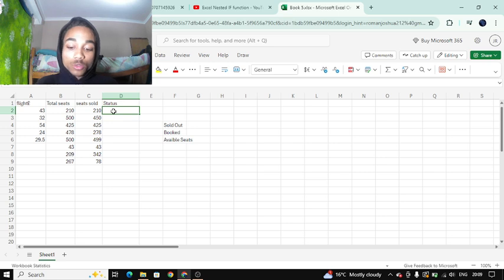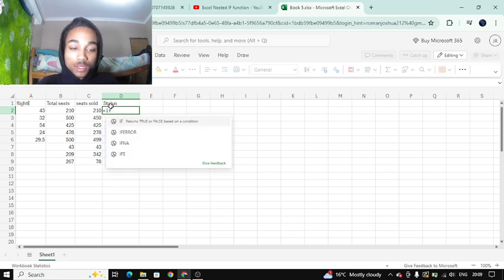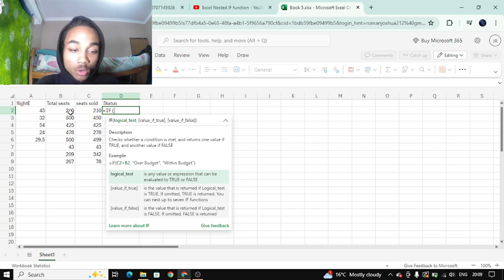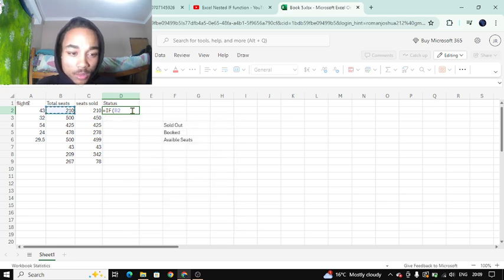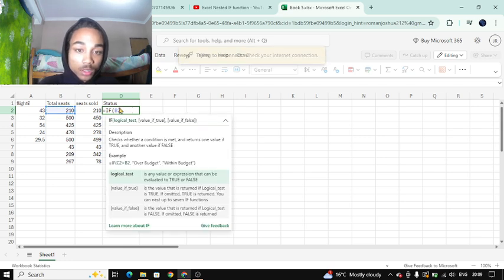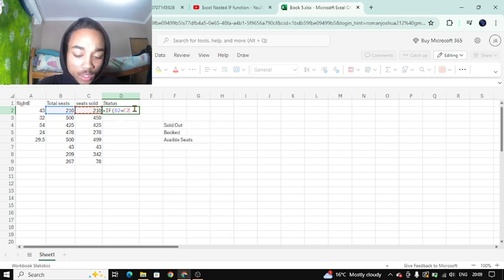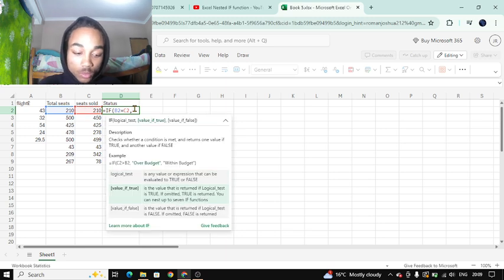So the first thing we're going to do with nested IF, we want to say IF, double tap, then we do the logical test, which is the total seats. So we're going to figure out how many seats are sold, booked or available. So we click, then if it's equal to total seats sold, then you will do comma, then we will do "sold out", then we do comma, IF